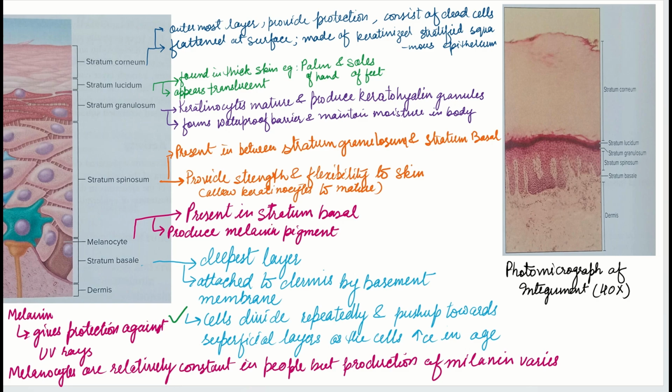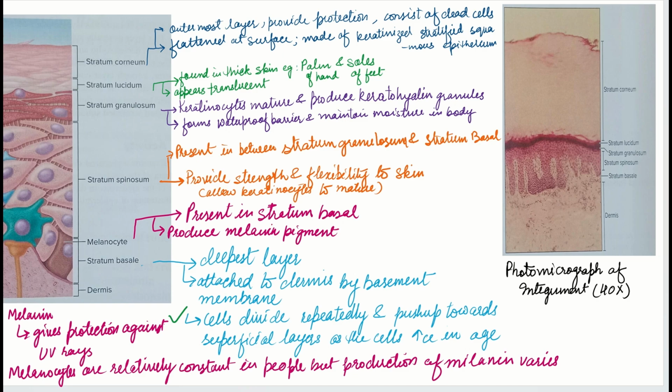Next to this is the melanocyte. The melanocyte is present in the stratum basale and produces melanin pigment. As you know, melanin provides protection against UV rays, and melanin is of two types: pheomelanin and eumelanin. If eumelanin is produced in the body, it gives you dark skin, and it provides more protection against UV radiation and protects you against